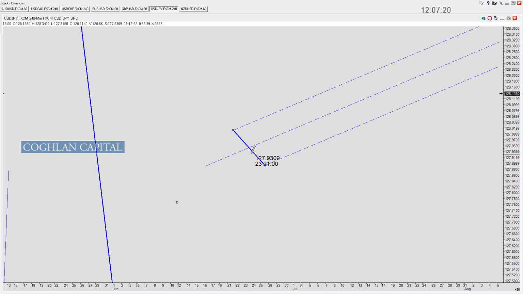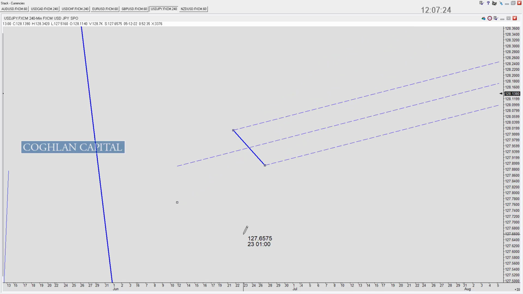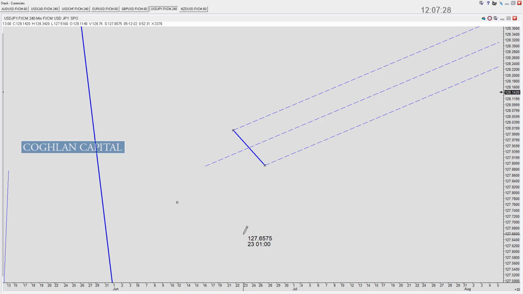So what you've got is your Andrews, and see how steep that is. You've got your Schiff, you can see it's very, very shallow. And then you've got your modified Schiff, which is somewhere between the two. There is something that's fairly special about a modified Schiff, which is that if I go back to an Andrews